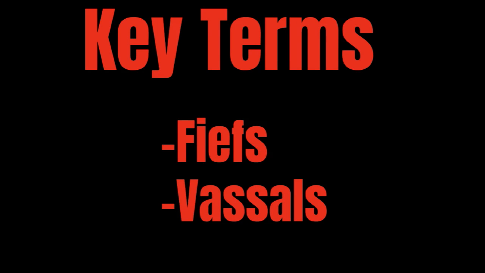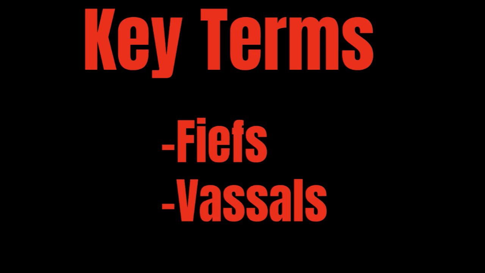It's important to note two key terms when speaking about feudalism. The first term is fiefs. Fiefs are simply gifts of land. Fiefs could be given by the monarch or nobles. The monarchs handed out fiefs to the nobles, and the nobles would hand out fiefs of their land to knights. Peasants worked on fiefs, but had no ownership or rights to the lands.